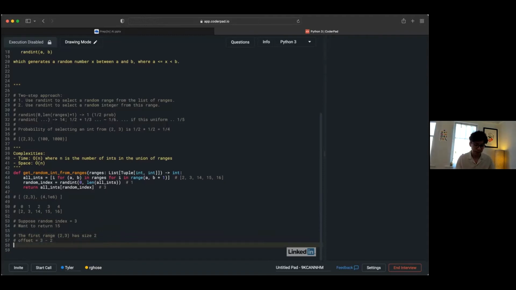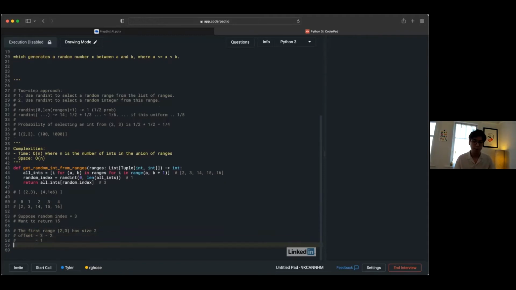So that offset would be equal to 1. 3 minus 2 is 1. That means I need to look one integer into my next range and return whatever that integer is. So I can add 14, the left endpoint of the next range, to this offset, which is 1, which will give me 15, which is precisely the integer that I want to return.